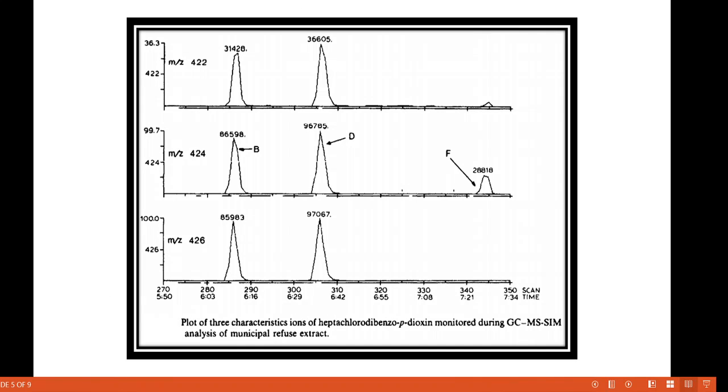To quantify the two compounds identified in the above case, a standard of one of them was analyzed using the same GC-MS and SIM conditions. Only one m/z value is used for the quantitation. Generally, the most abundant ion is used, which in the above example was 424. Only this ion gets identified in this GC-MS analysis.